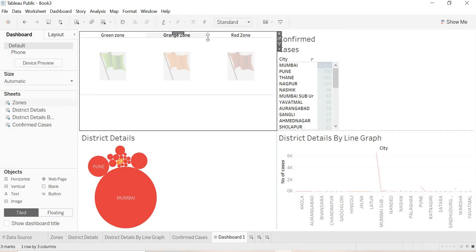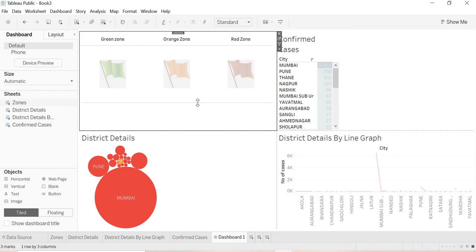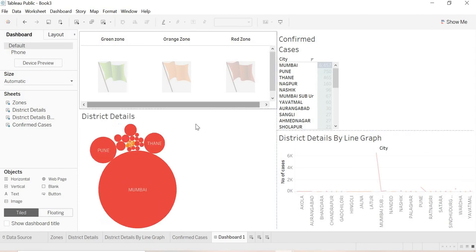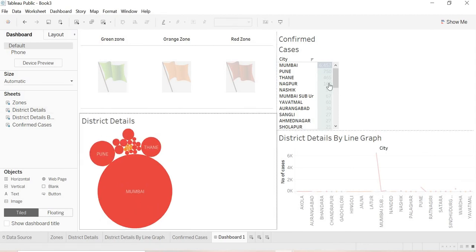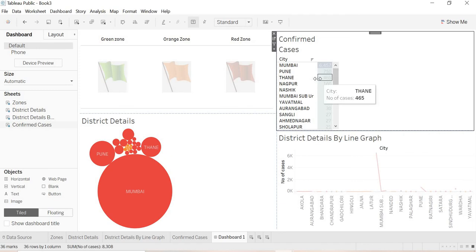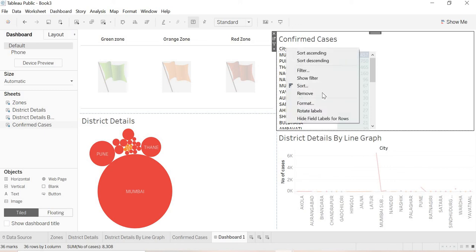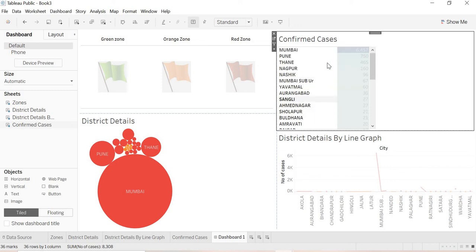We'll hide this one. We will adjust this thing, adjust this also. Then we will maximize this. I will remove this city. Right click, hide.